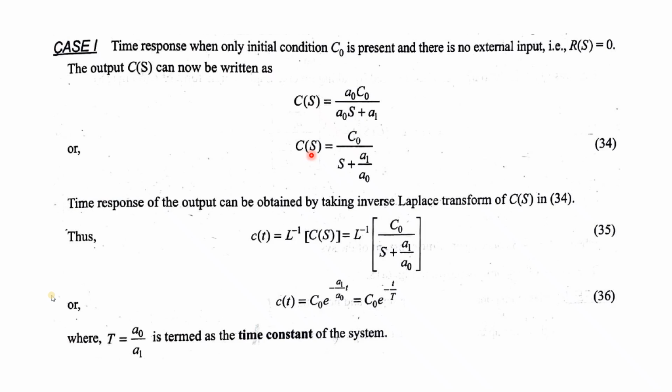Okay, so the output which is there is in S domain. Now we have already found the response: in our case, the initial condition is the only input over here. Then what will be the output? We have tested and seen the output is like this, but this will not give us the solution in time domain. We have to convert into time domain once again, because we have analyzed the performance in S domain.